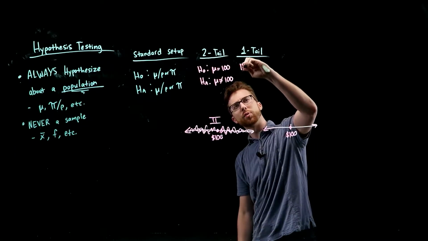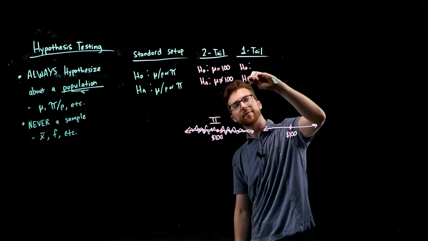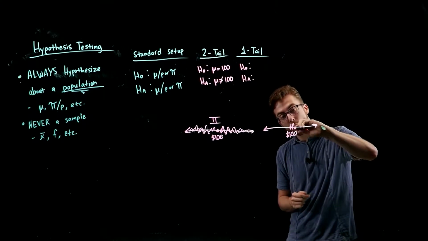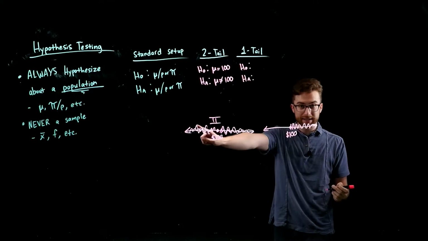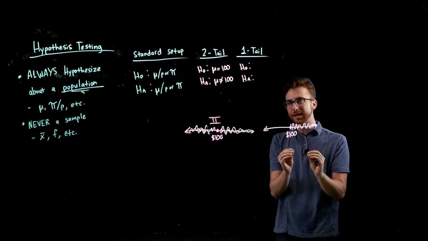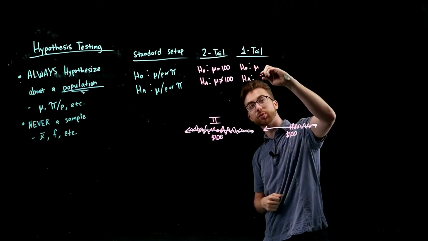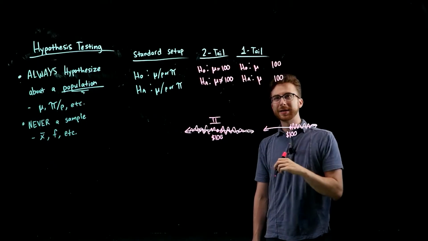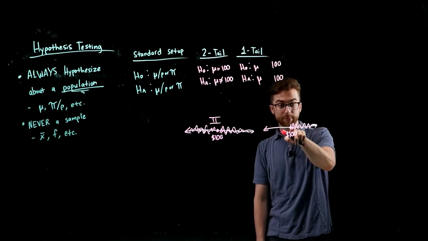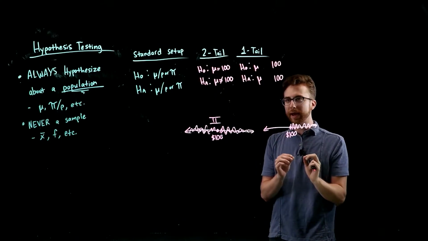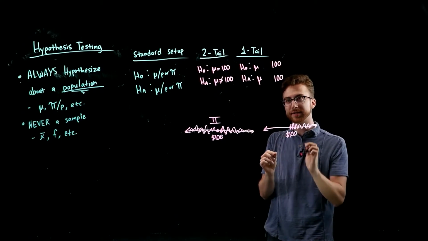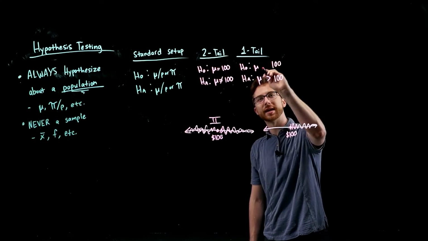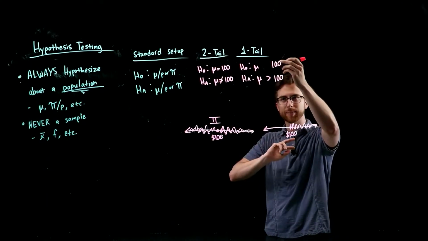So if we're setting up a hypothesis for a one tail, and they're wondering about is the average vet bill more than $100, that is what I'm wondering about: is it more than 100? In this situation, I don't care if it's less than 100. I'm talking about is it more, and that's the nature of the question. The way we're going to set up our one-tailed test, we're still hypothesizing about mu, and we're still talking about 100, but what we're saying here is that I'm interested in it being greater than 100. What you wonder about is what you're going to put into your alternative hypothesis. So I'm going to say, is it greater than 100? So we'll say greater than 100 here,